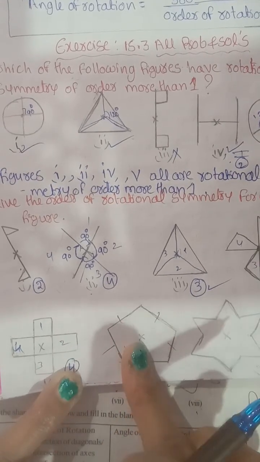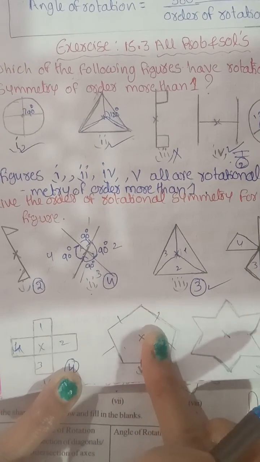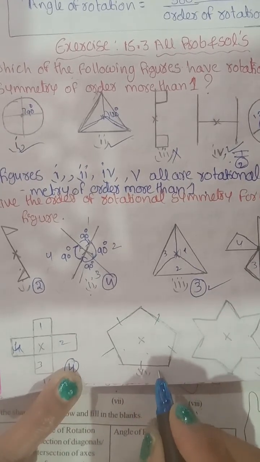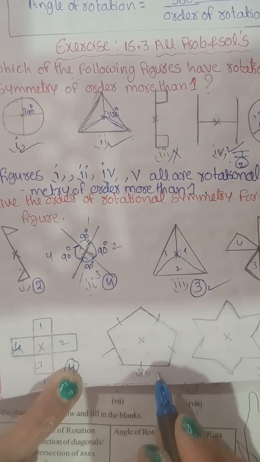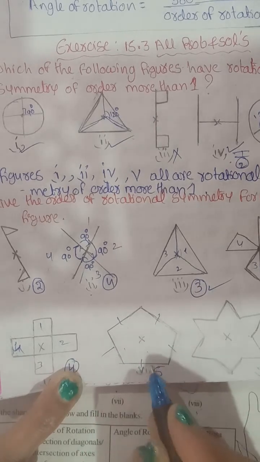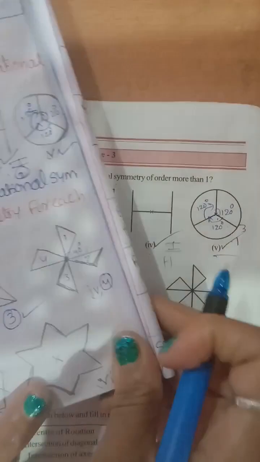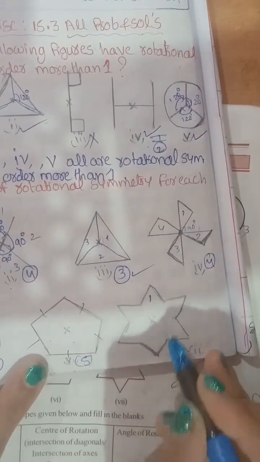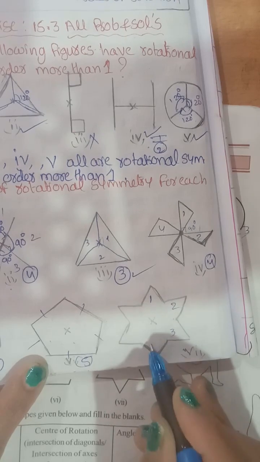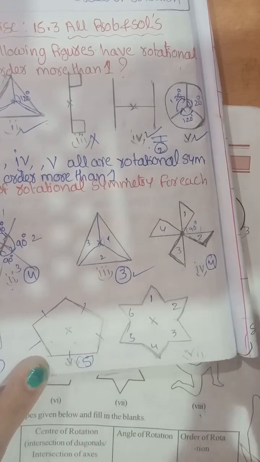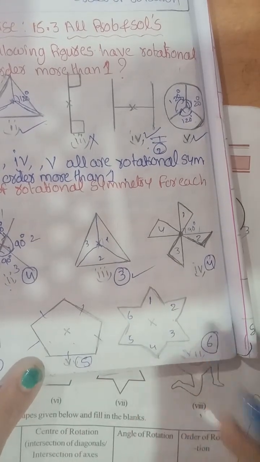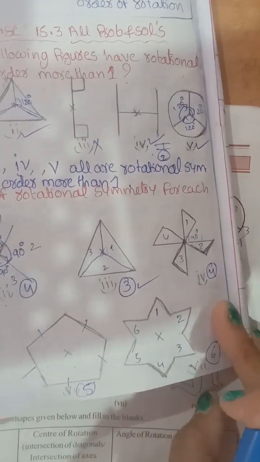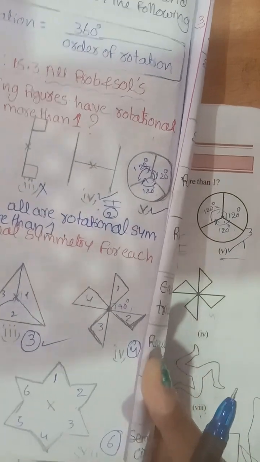In a pentagon, the lines of symmetry, order of symmetry, and sides are always the same in every regular polygon. So it has 5 sides, and the order is also 5. And here, this is also a regular polygon, so all the sides are equal: 3, 4, 5, 6. So the order is also easily 6, the lines of symmetry are also 6, and the sides are also 6. Are you understood?